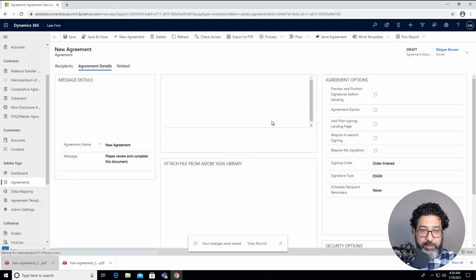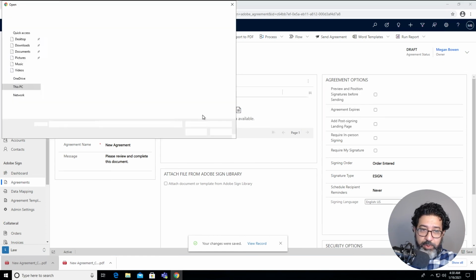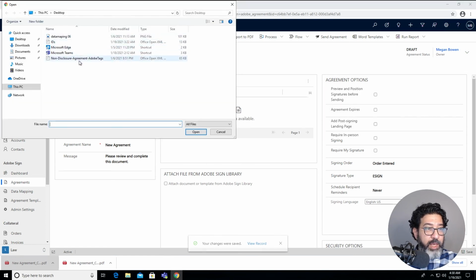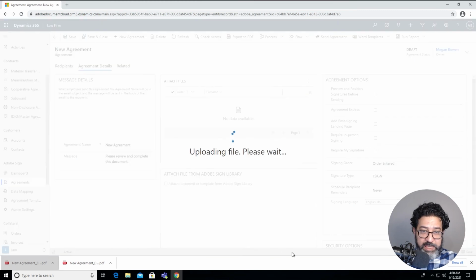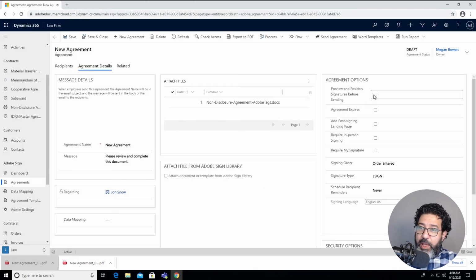And in the agreement details, I should choose to upload the non-disclosure agreement, our example. Of course, it can be any other document. And I can allow the review and position of the signature.